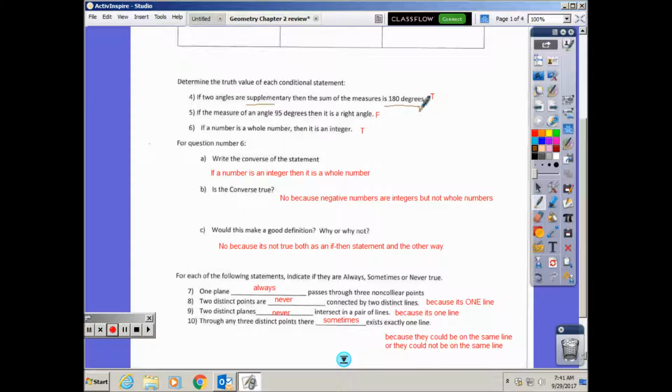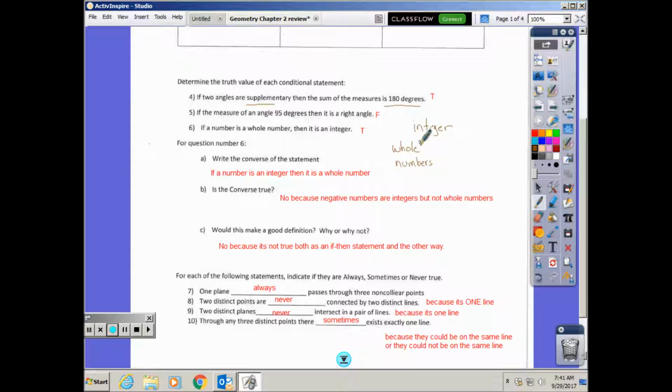For number 5, if the measure of an angle is 95 degrees, then it's a right angle. That's false, because a right angle is 90 degrees, not 95. And if a number is a whole number, then it is an integer. That's true. An integer is made up of whole numbers, which you can think of as like you're counting numbers,